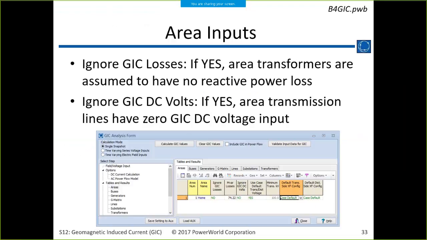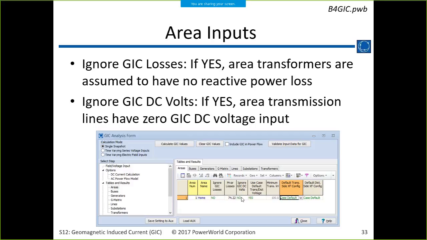Okay, on the areas tab, I'm just going to move through the slides here and probably not go back to simulator for the rest of this example. But on the area, this is also under tables and results. For individual areas, you can tell it whether or not to include the GIC losses and whether or not to include DC volts. So the DC volt, that's the induced voltage on the transmission line.